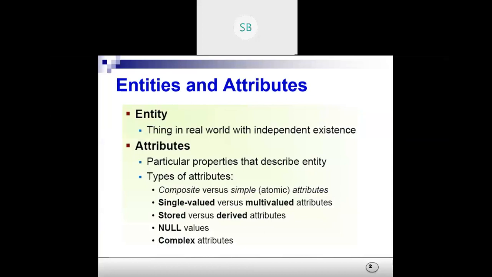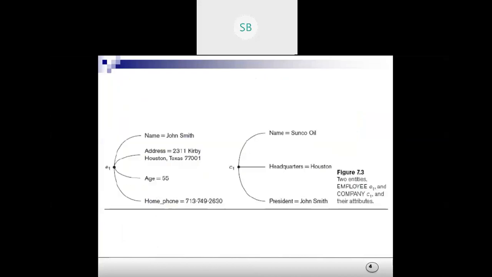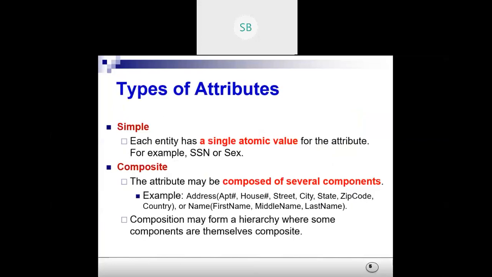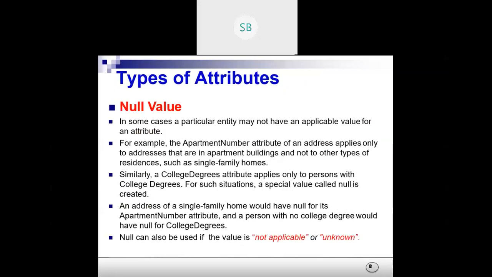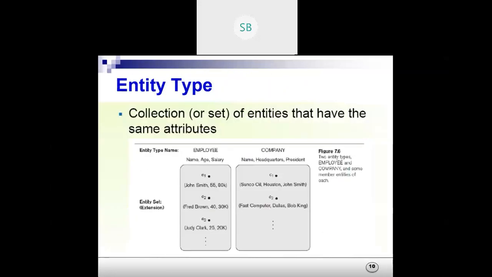So first we studied what is an entity. An entity is anything in the real world which has physical existence. Then we also studied the types of attributes: composite versus simple attributes, single valued versus multi-valued, stored versus derived attributes, null values, and complex attributes. I have already discussed all the descriptions in the last class, so you have to go through it. I'm just discussing entities, and the types of attributes were discussed in